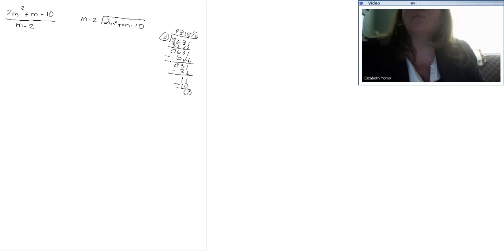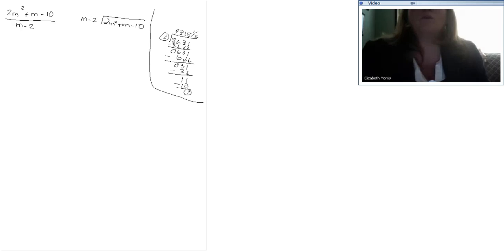Now, I'm reminding you of that algorithm or that rule, because this is what we're going to do here. But we're only going to look at the leading piece, the leading monomial. M goes into 2m squared, or what would I multiply m by to get 2m squared? I would need a 2 and an m. Now, once you decided this number, then you multiplied and you put it here and you subtracted. So let's do this. 2m